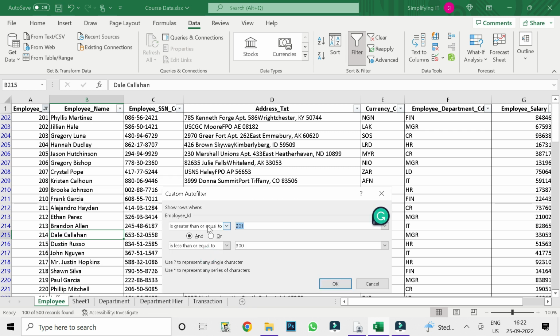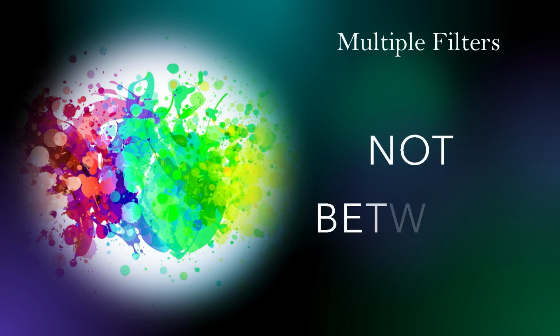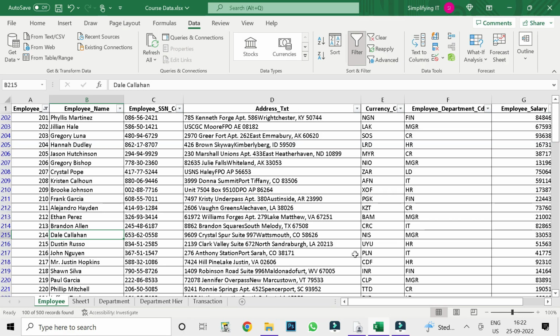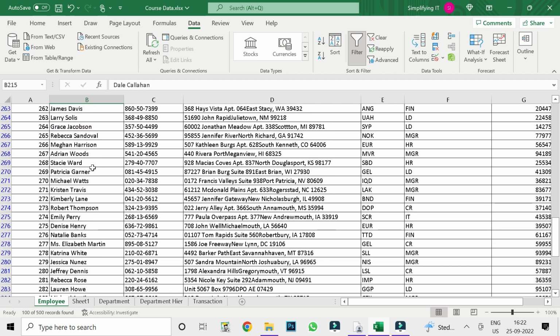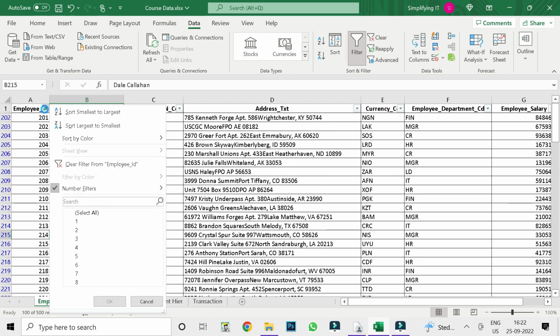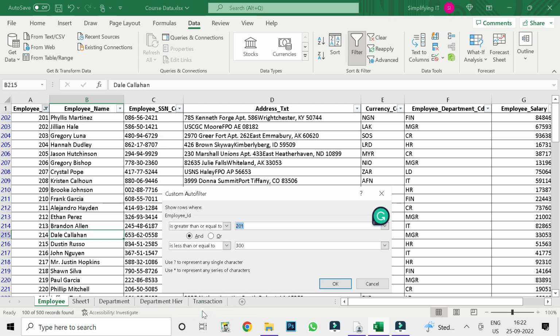Not between. Let's say now we want to get all the employees who will not get any award. So we have to exclude these employees who have employee IDs between 201 and 300. In Excel, we can write a custom filter on employee IDs as employee ID is less than 201